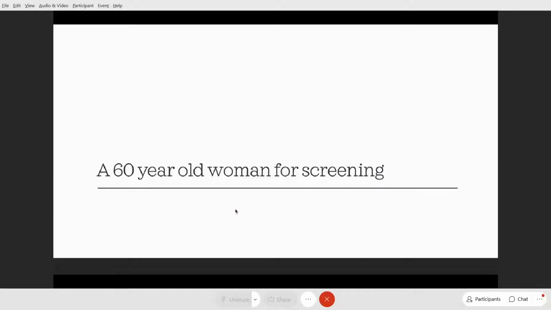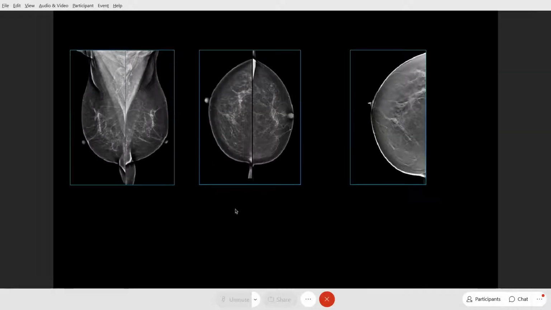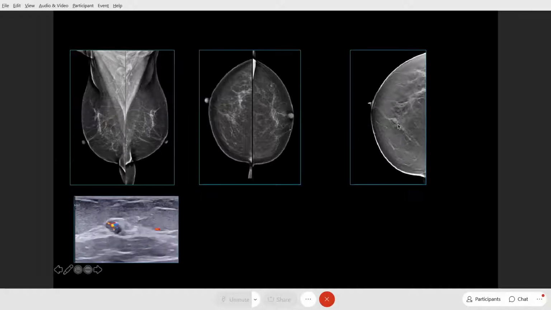Now, from a symptomatic lady, we are moving to a 60-year-old lady who came to us for screening. This is a scattered parenchyma, and hence mammogram is very sensitive to pick up subtle abnormalities. As in this case, it had picked up this small lesion, which is beautifully seen on the mammogram. The lesion is oval shaped with circumscribed margins. Again, ultrasound has confirmed that it is the same.